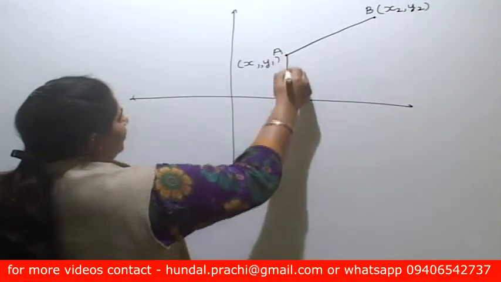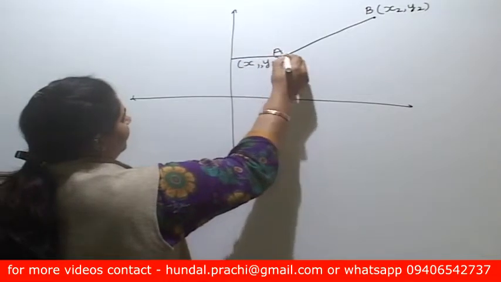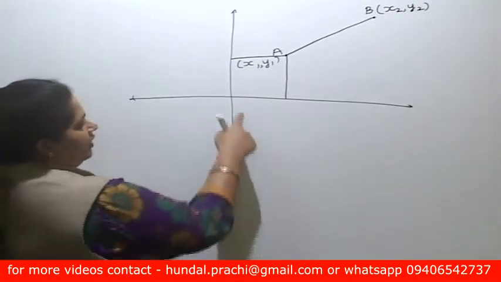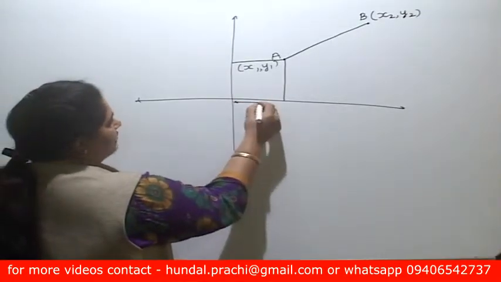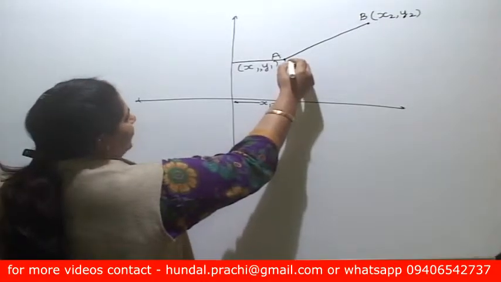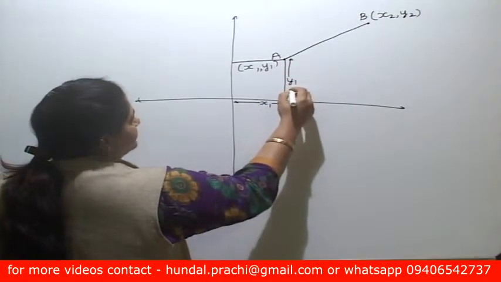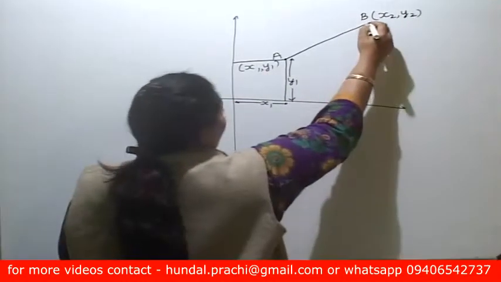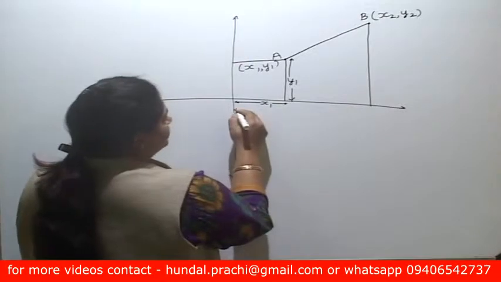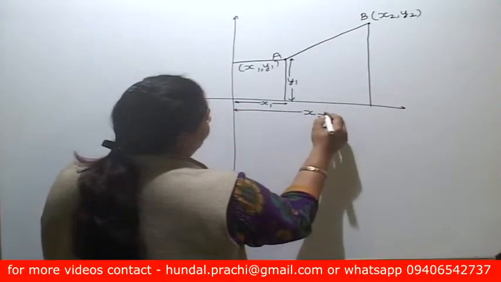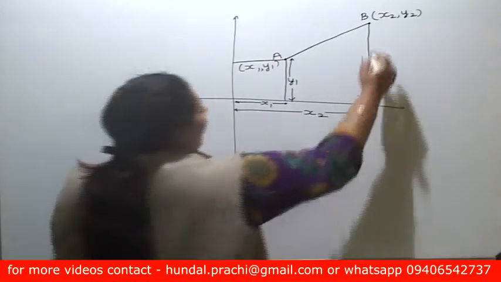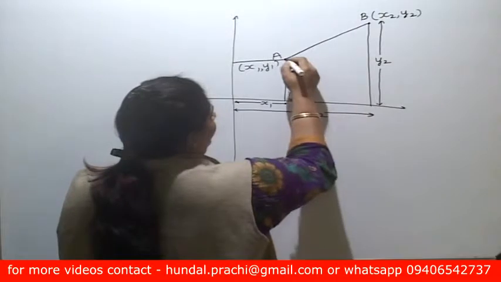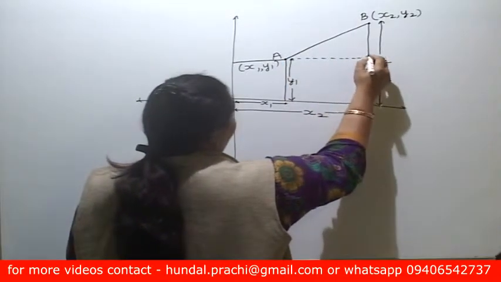I will drop a perpendicular from A. This is the x1 coordinate and y1 coordinate. The distance of the point from the y-axis, that is this distance, is x1, and the distance of the point from the x-axis is the y-coordinate, that is this distance is y1. B is x2, y2, that is the distance from the y-axis is x2 and the distance of the point from the x-axis is y2. What I will do is, I will drop a perpendicular on this line